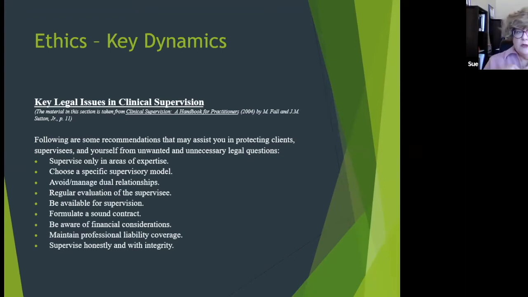So evaluation is important. There are lots of different evaluations you can do, and the scope of this presentation isn't necessarily to talk about all of those things, but you could do more of a narrative. You could use more of a rating scale. The Bernard and Goodyear book actually has a toolkit that has examples of evaluations. If you're not working at a place that has the structure already provided and you want to think about what you want to do, something like that can be helpful to take a look at and develop your own.